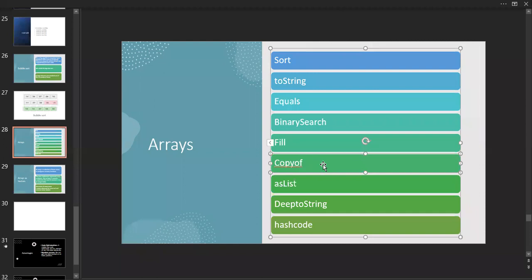Copy, in the sense, is nothing but, if an array consists of two or three elements like 1, 2, and 3, another array comes to the first array and asks, please give all the values to me, and I also have two more values. So we are going to increment the size of the other array.